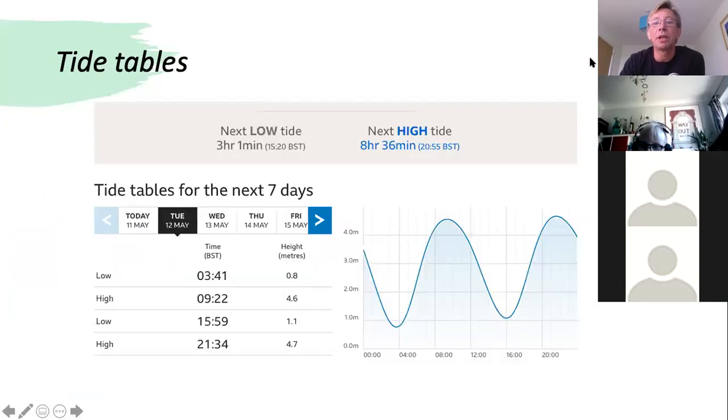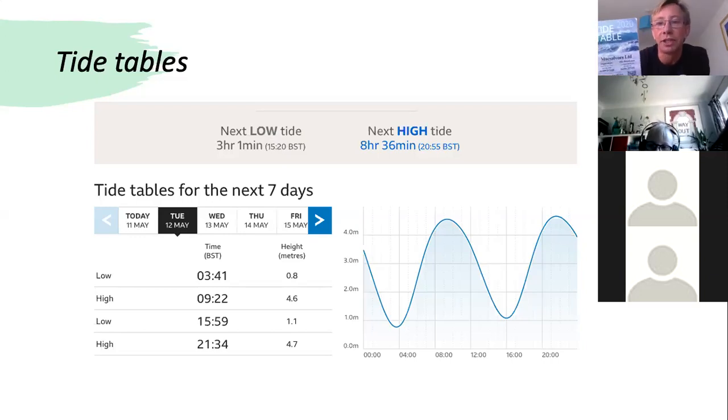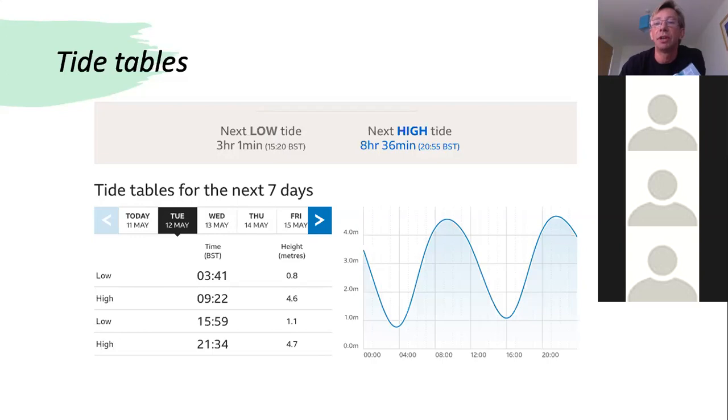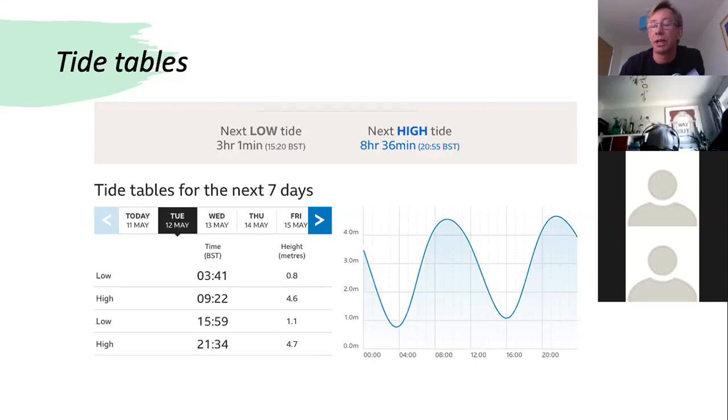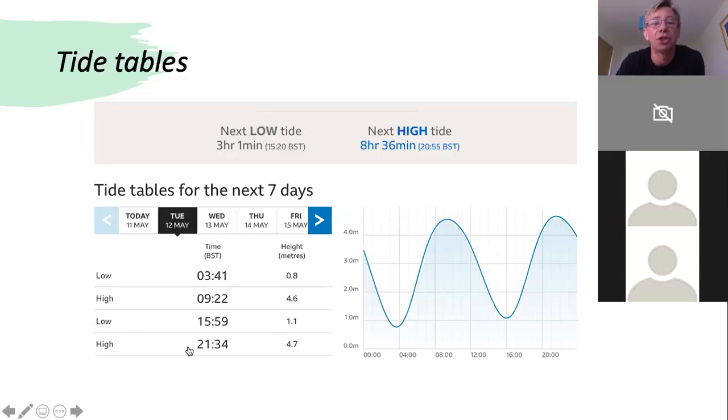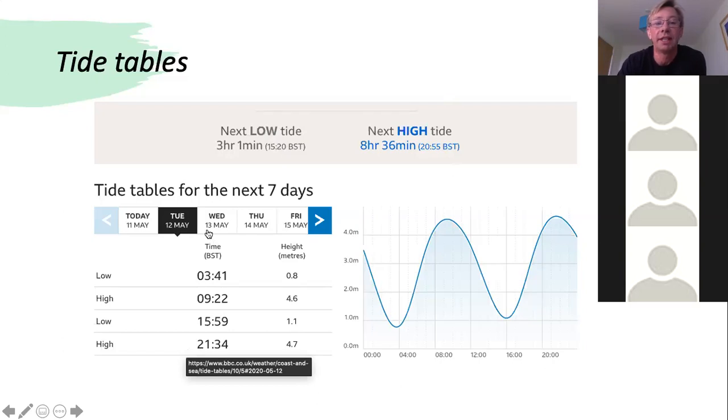In terms of where we can find out information about tides, you can pick up a tide table. And I know there's a lot of technology out there now, and with smartphones we can log on and we can just Google what's the tide. But online you can generally only find out the tide for the next 2 weeks. Whereas if you've got a tide table and you put it in your car, you put it in the bag that you take to the beach, you can look up the tide at any time. On the screen here, I have put a screenshot of the tide for today, and this is our local tide here.